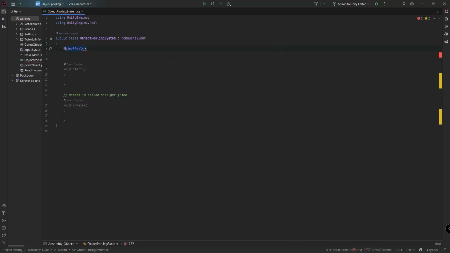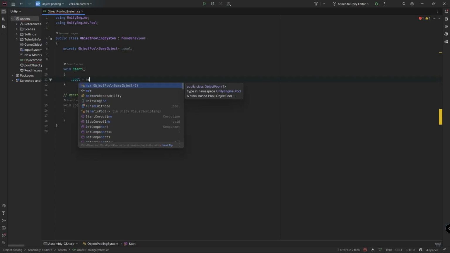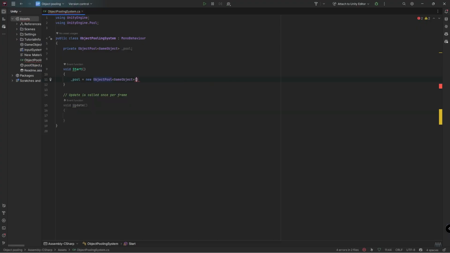This object pool class is a generic class, so we have to define the type of object that we are going to use. In our case, we are going to use a game object. Then we have to set a name for this, for example pool. Then we have to create an instance of our pool. So our pool is equal to new object pool, and then in the constructor of our object pool we have